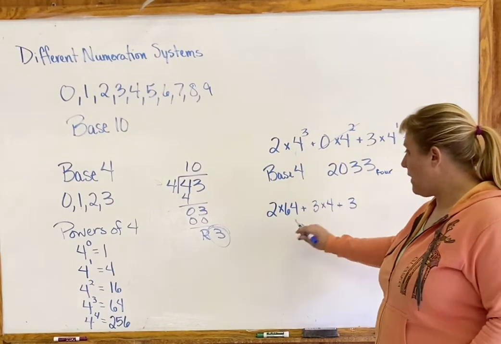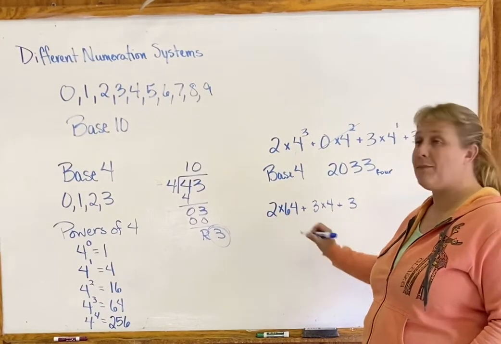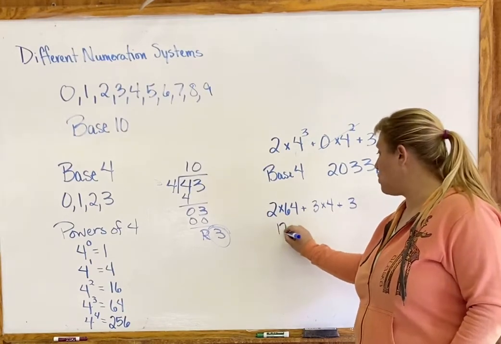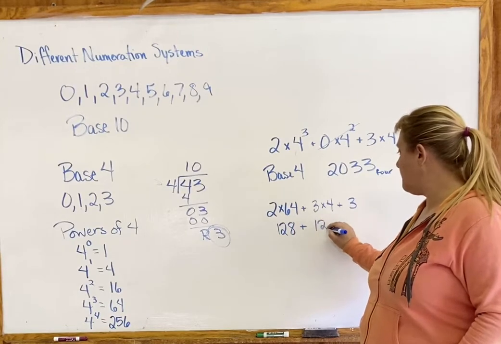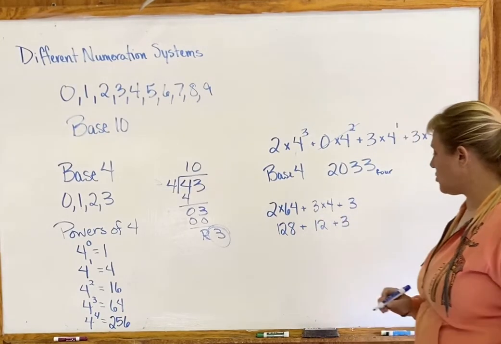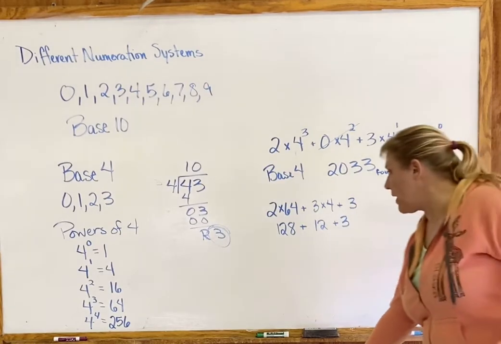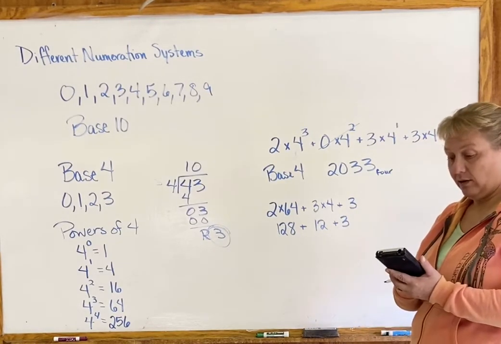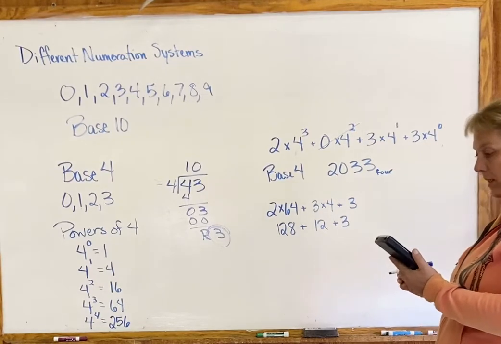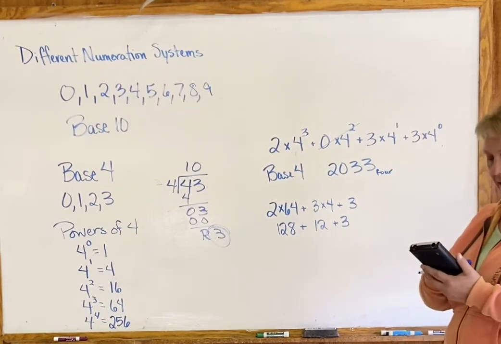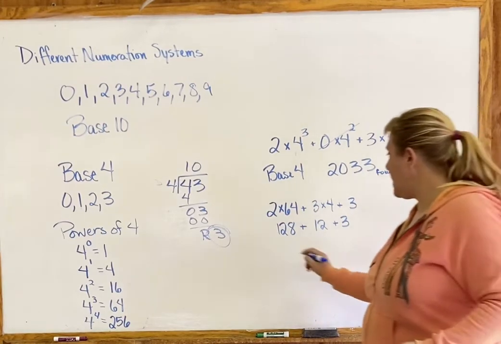Now remember order of operations, we're doing each little piece separately. So 2 times 64 would give us 128 plus 12 plus 3. And then if we add that all together, I suppose I could do that real easily, but what the heck, I have my calculator. Except I forgot how to add. That's better. We end up with